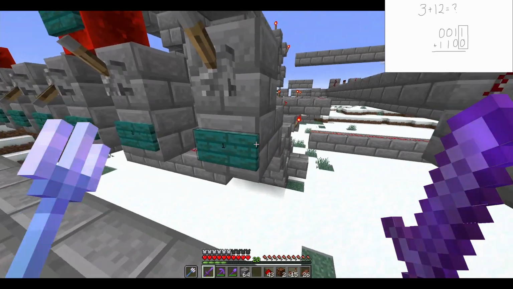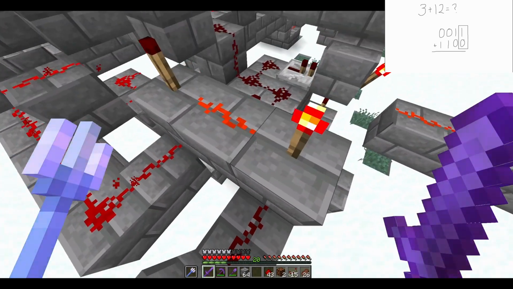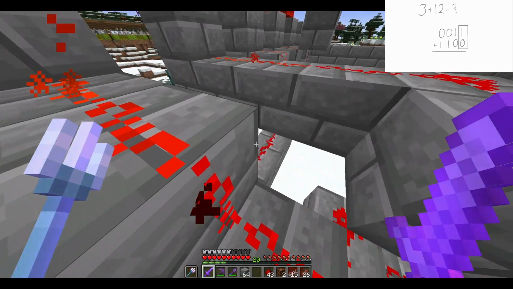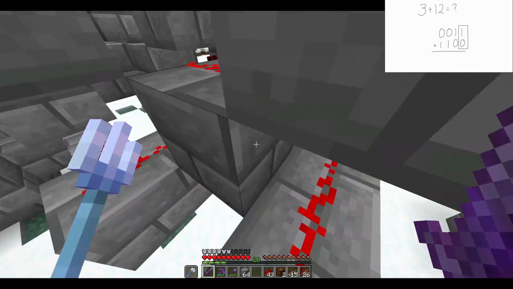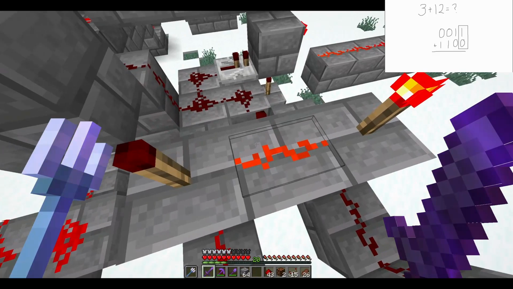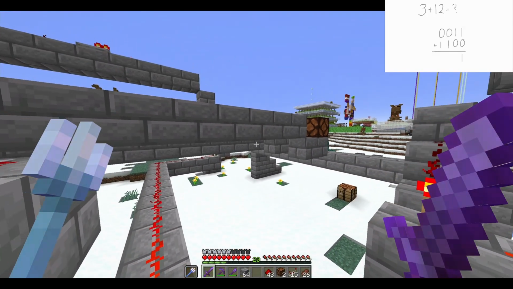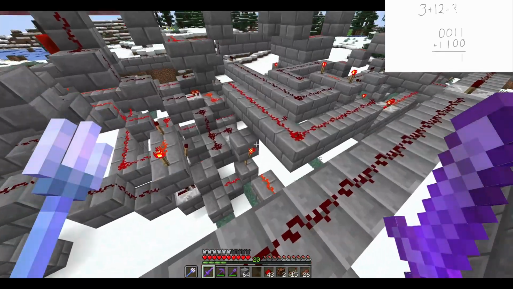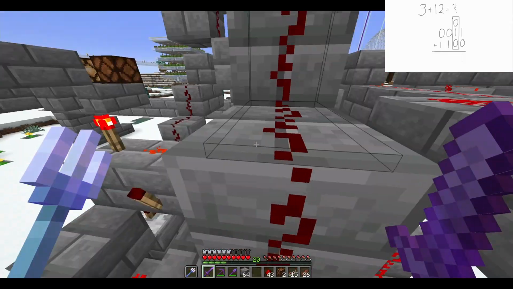You can see this first one runs into this wire, which goes straight down to here, and this is where that half adder begins. You can see this wire actually comes from over on that digit right there, which is the first digit of the other number, and they both connect into this half adder. Now remember, our sum digit is always going to go over into the answer, so you can see that's powering that first redstone lamp over there,